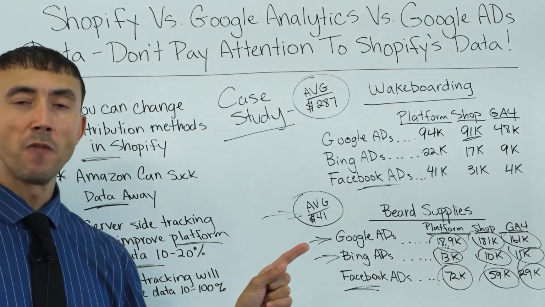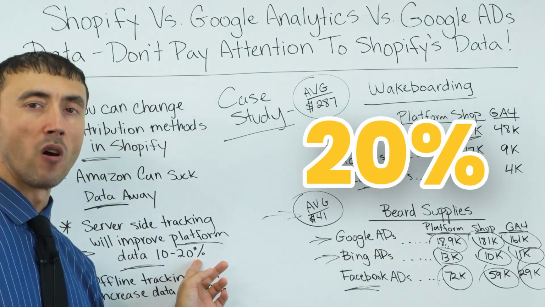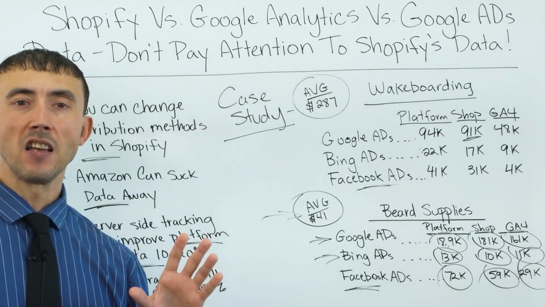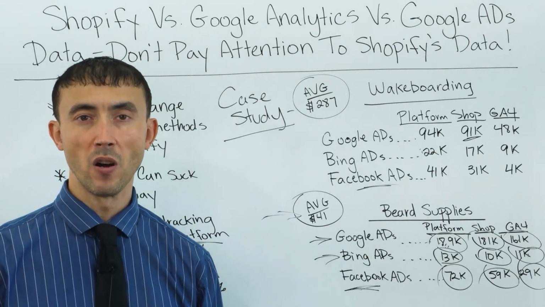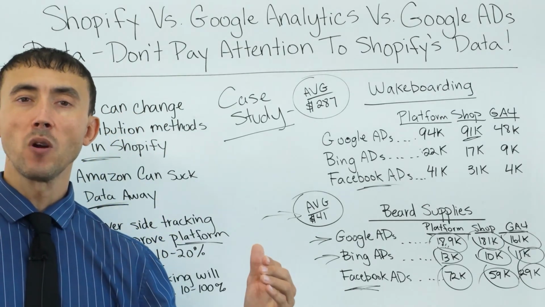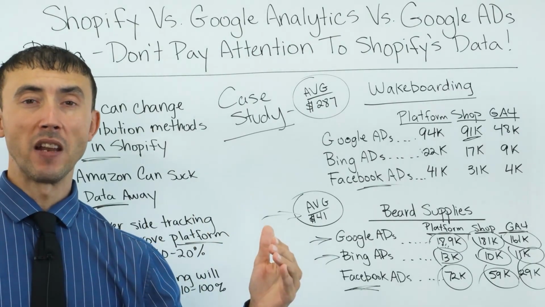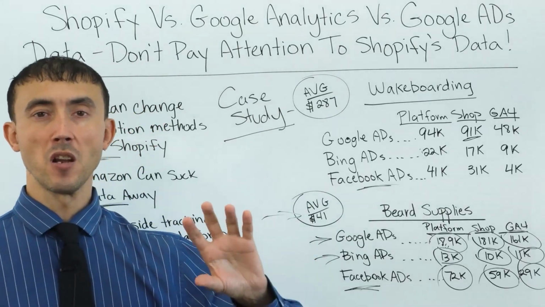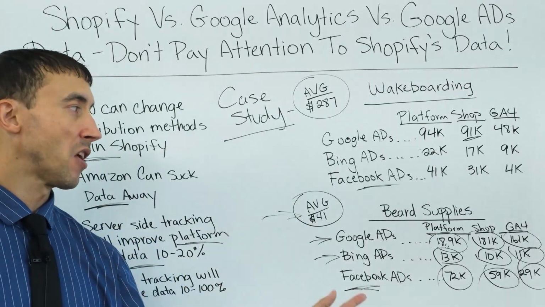And for that matter, if you have a high transaction cost, easily you're going to be getting 20% more for sure with server-side tracking. Server-side tracking is not easy to set up for somebody who's never done it before. It is for somebody who has. But it's 100% worth it because that extra 20% of data isn't going to just make you a little bit more money. It's going to make you a lot more money, particularly because the conversions that are lost are typically going to be the bigger ones on average, and Google's not seeing them. Same thing with the other platforms, by the way.